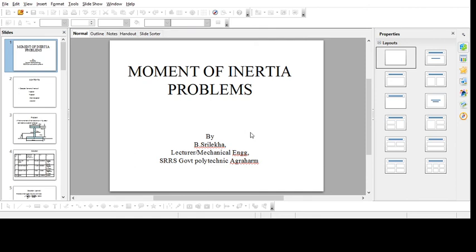Ig is b d cube by 12, where b is 75. So you can write b d cube by 12 plus area A1, that is l into b, into hy square, which means y bar minus y1. So 75 into 10 cube by 12 plus 750 into 87.83 square